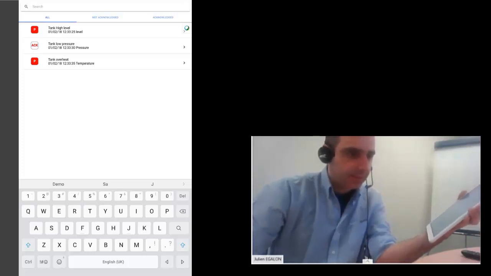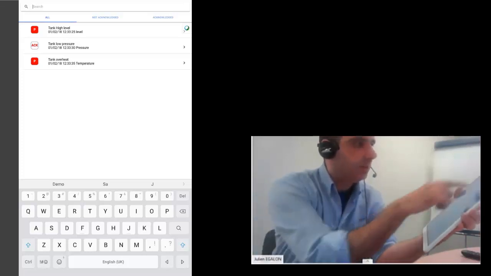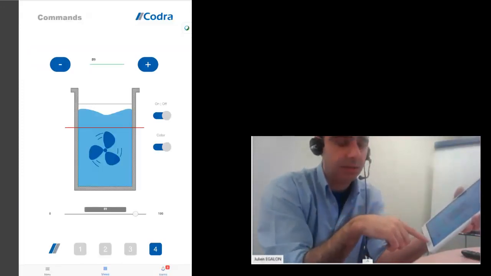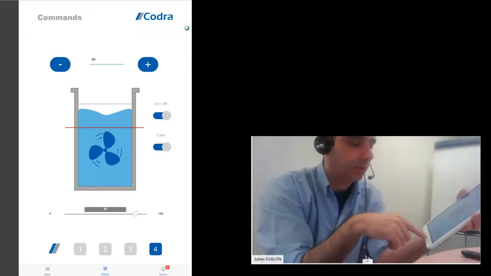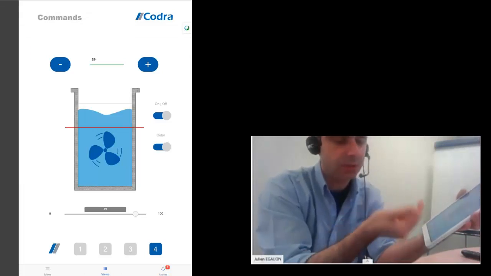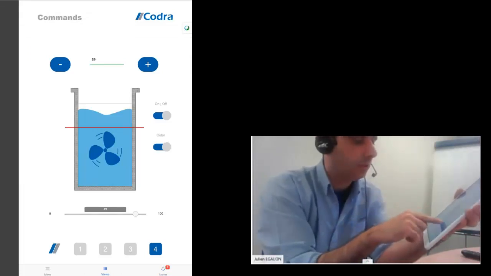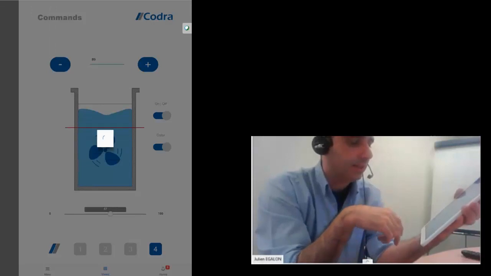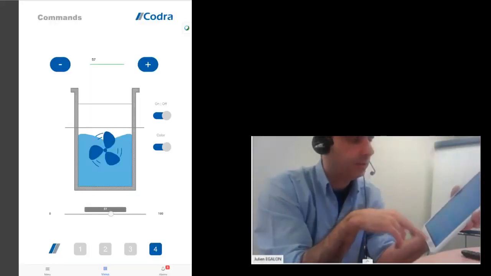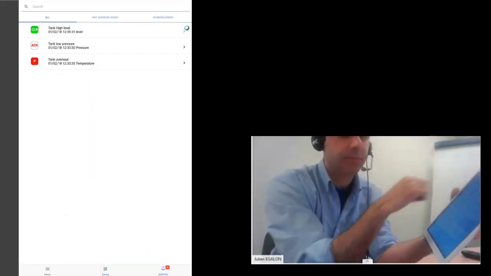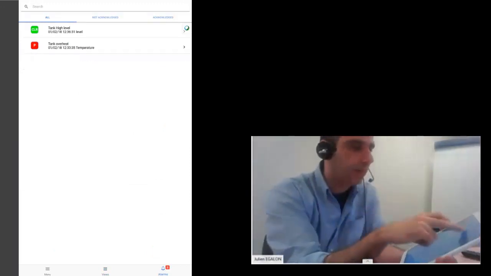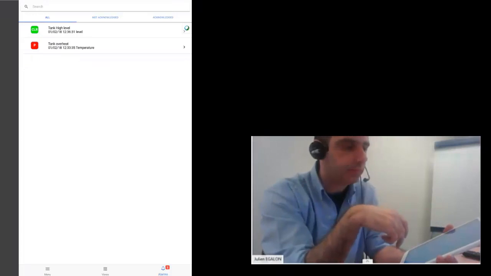So if I go back to the view, my alarm is now gray because I'm not on the alarm view, and it's empty because there is no newer event. If I lower the level to 57 and send the command, the alarm will disappear, and there are several icons according to the status of the alarms. I can ask for a refresh to get new information about the alarms.